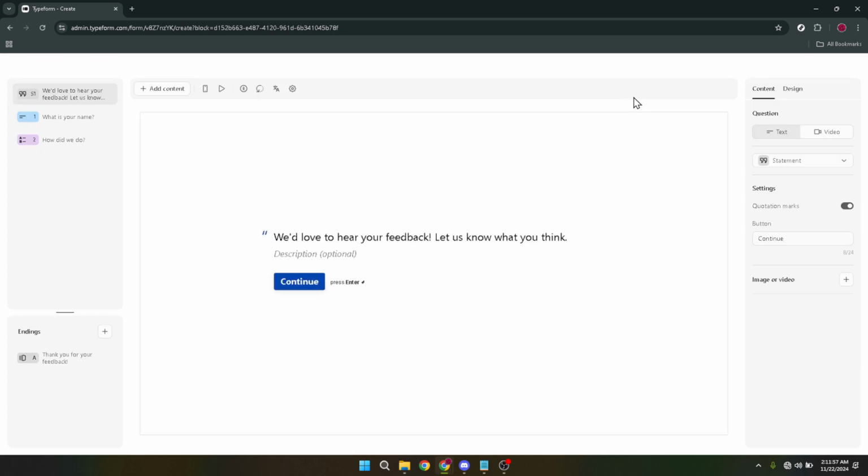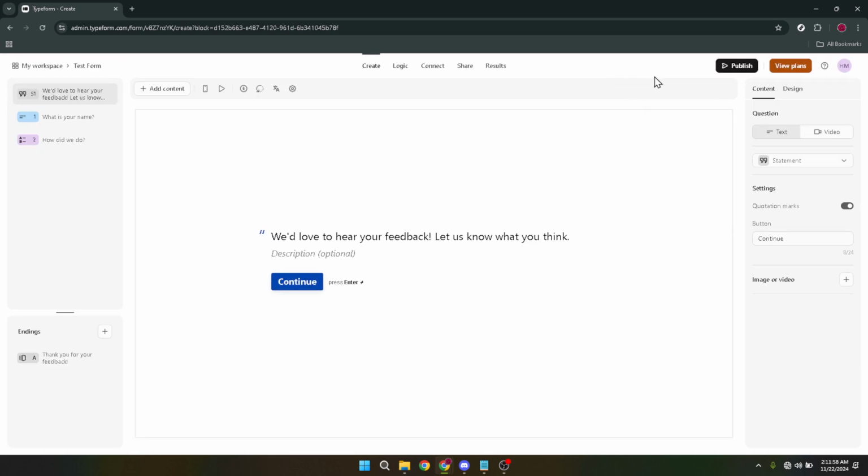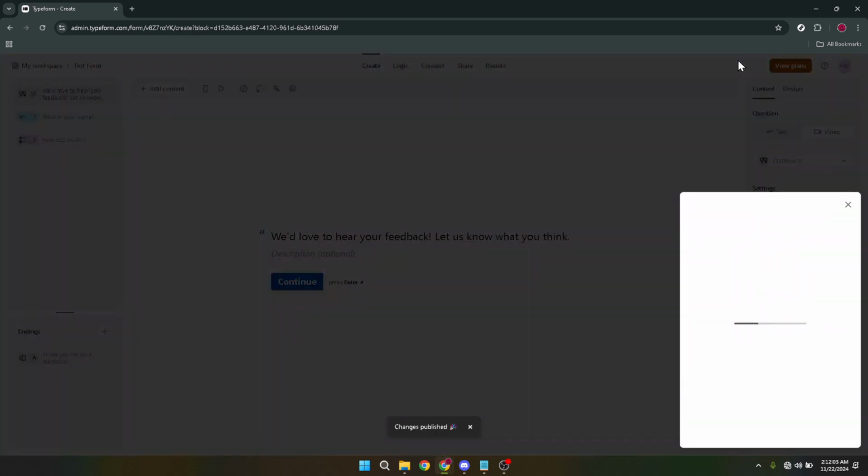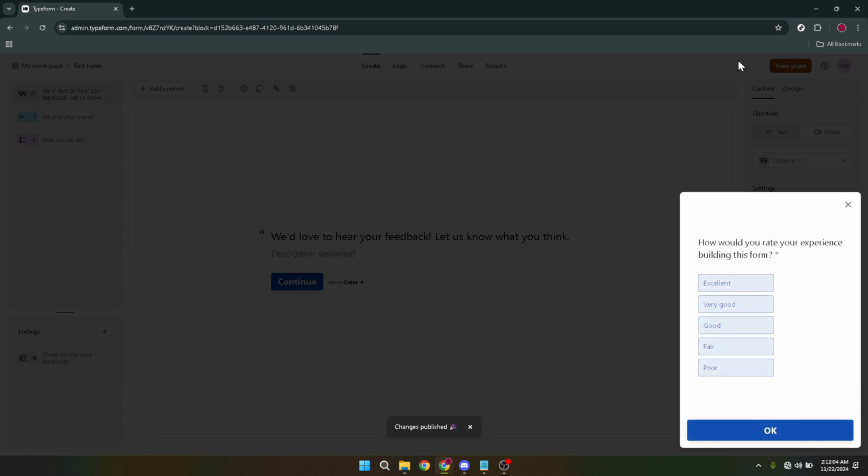Now for the critical part, publishing your form. In the upper right corner of your form editor, you'll spot the Publish button. This button is your gateway to making your form live and accessible to respondents. Clicking on Publish activates your form, meaning it's ready to be shared with the world. The process is intuitive, signified by clear visual cues and confirmation messages, ensuring you that your form is up and running.